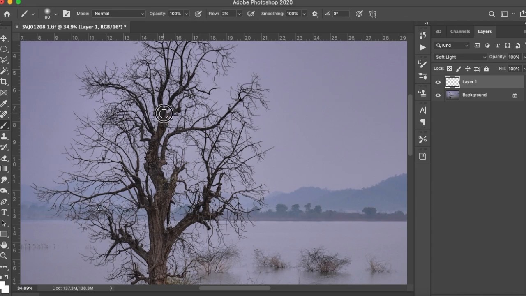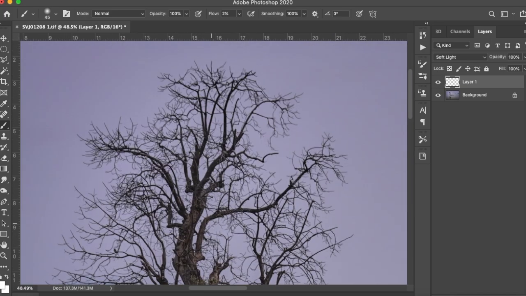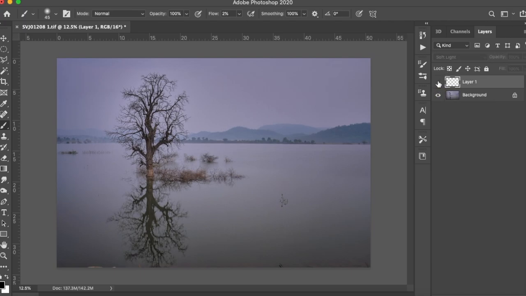So just gently paint over. So as you can see, we have done nice dodging and burning to the tree, and it is looking quite